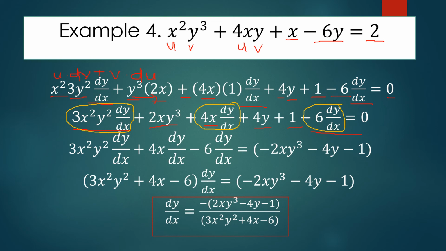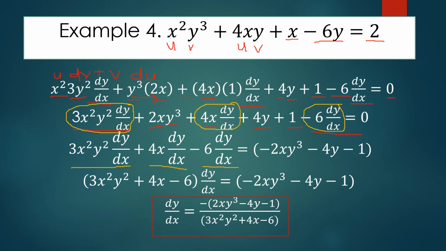So since nasa left side na sila, no need to change for the sign. So just bring down, we have 3x squared y squared dy over dx, 4x dy over dx minus 6 dy over dx is equal to,